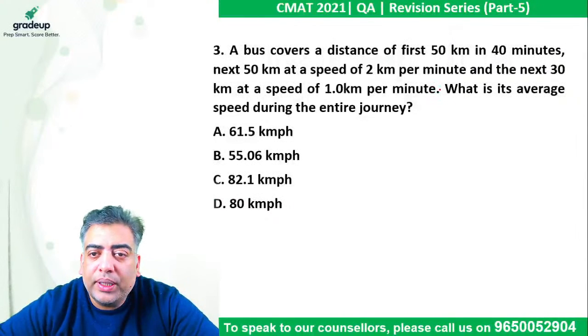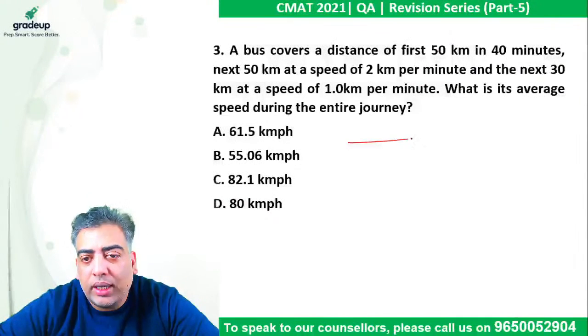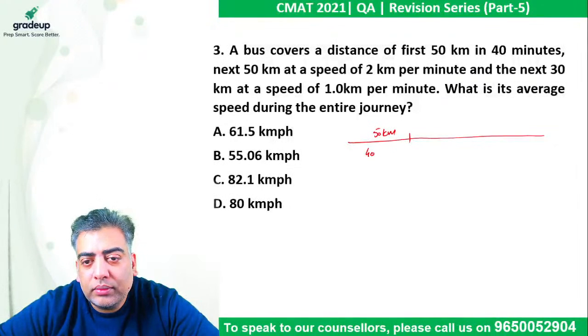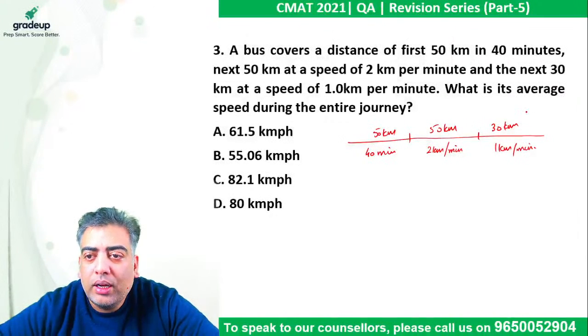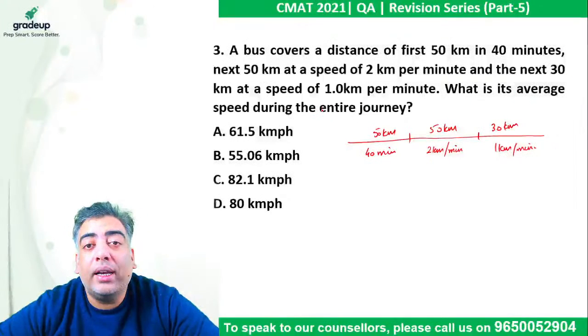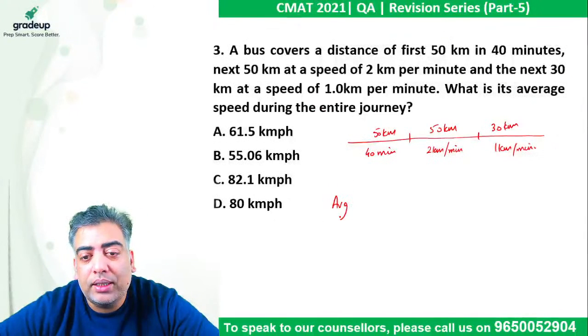In third, it says a bus covers first 50 kilometer in 40 minutes. Next 50 kilometer at a speed of 2 kilometer per minute. And the next 30 kilometer at a speed of 1 kilometer per minute. What is its average speed during the entire journey? So guys, average speed is given by total distance, which is 50 plus 50 plus 30, 130 kilometer divided by